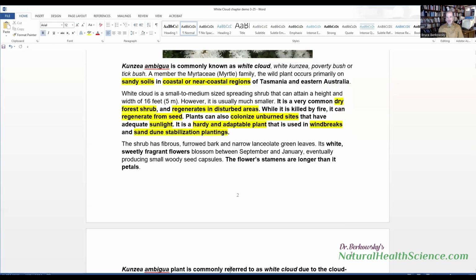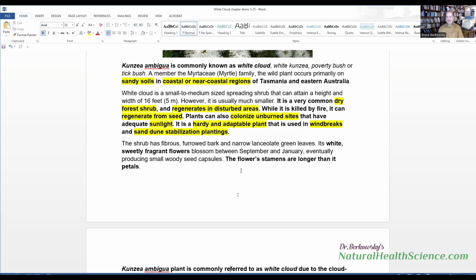Now, moving to the flowers, they're white and they're sweetly fragrant. Now, if you have no experience with white cloud essential oils, I suggest you get some. It's a beautiful oil. It's really a lovely scent. Very difficult to describe. I would say it's in the helichrysum kind of scent. It doesn't have a scent that's reminiscent of helichrysum in any way, but it's that kind of zone in terms of its scent, or inula graveolens, in that kind of zone.